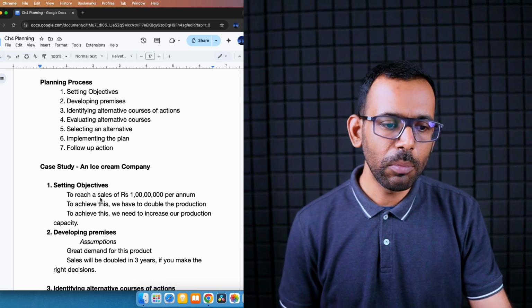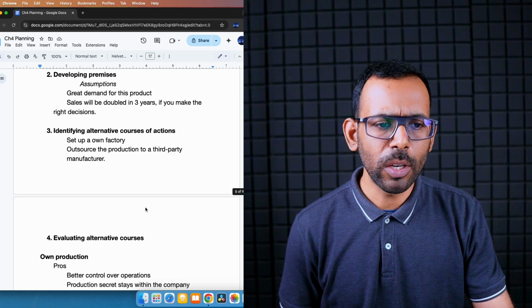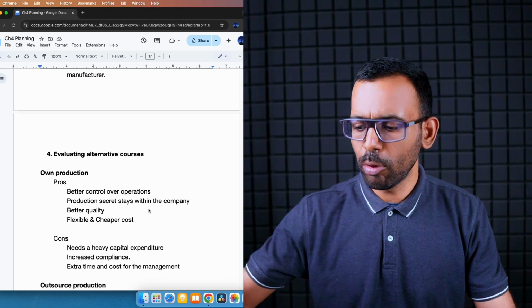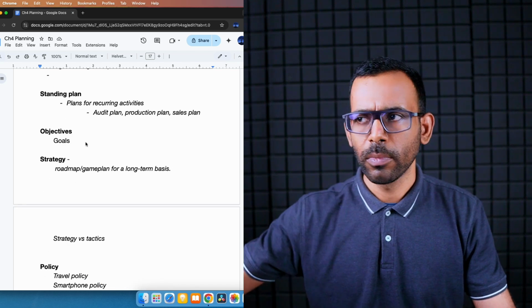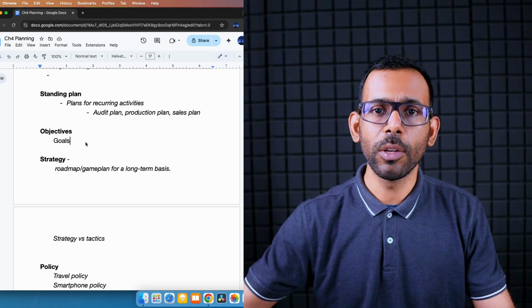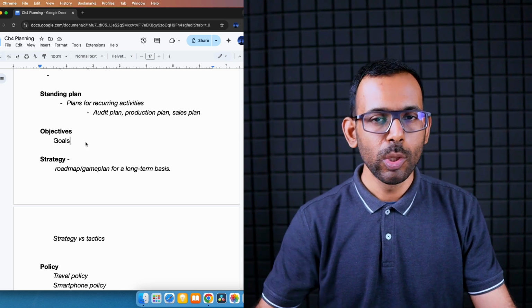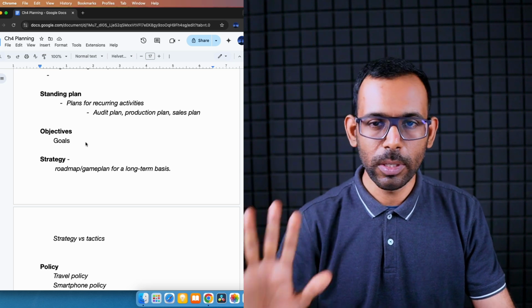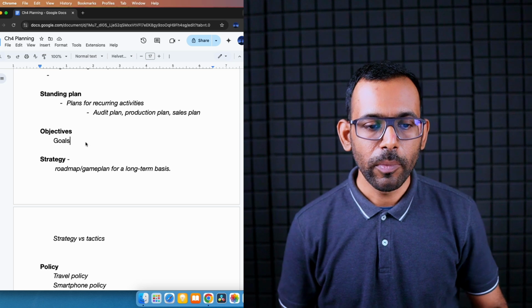So objectives can be short term, objectives can be long term. Short term objectives can be anything that we can do in the next 3 months or 6 months. Long term objectives can be anything that you have in mind for the next 5 years, where you want to see yourself in 7 years. That is long term objective goals. So goals can be short term goals, long term goals, the same concept only. So let's go to the next term, which is strategy.